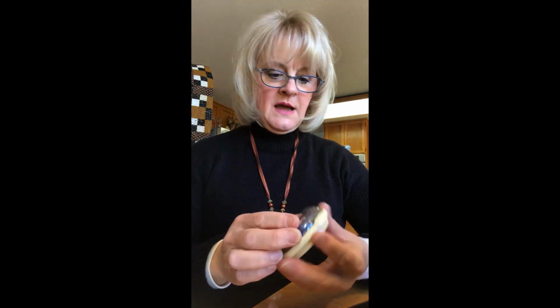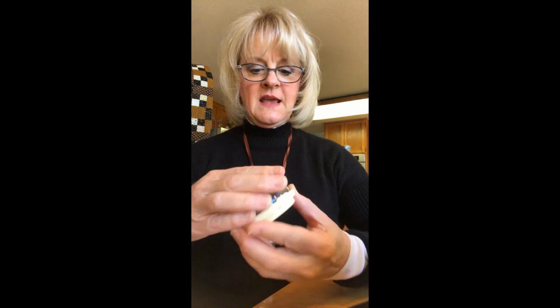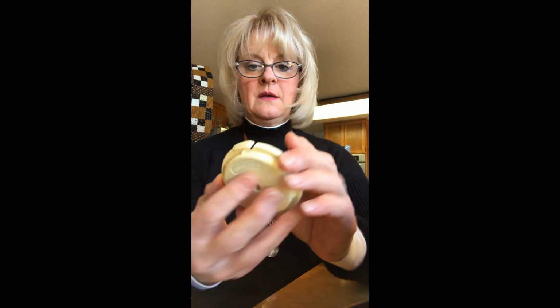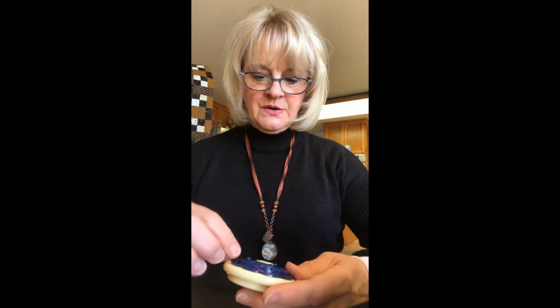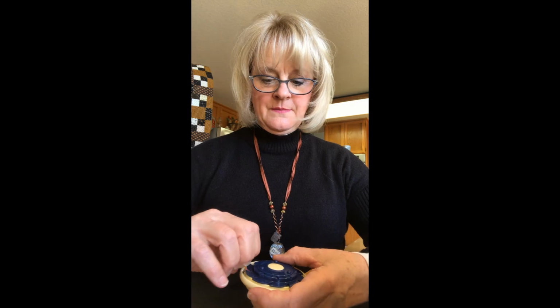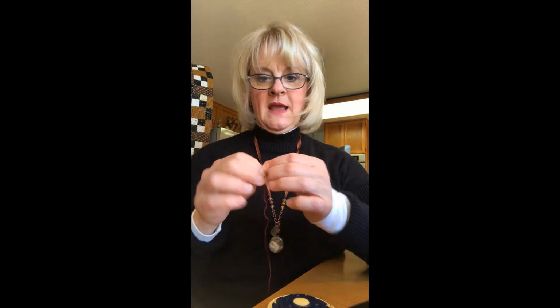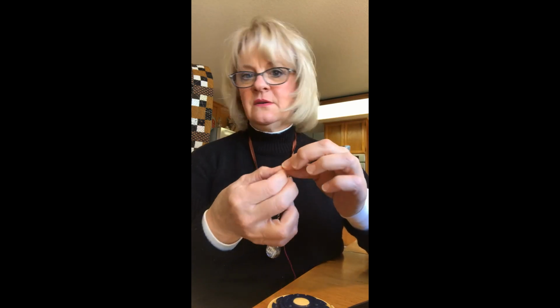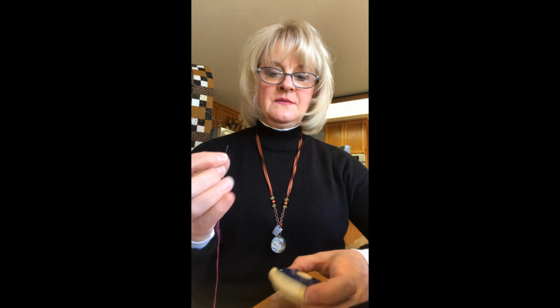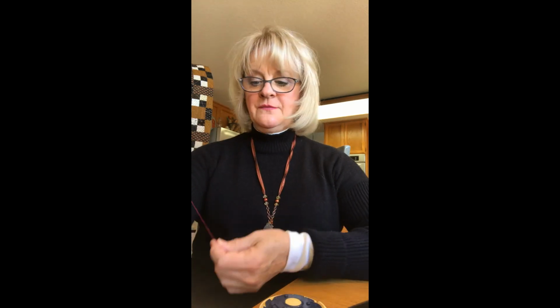And then last of all, I love this. This is a thread holder, a quilt dome. It's by Clover. And the way this works, sometimes your thread is not worth saving. And if you've run that thread through and it's starting to look burnished a little bit, the thread's gone in and out of the eye of the needle, don't save it. Throw it away. Start with a fresh piece of thread. You owe it to yourself to have a nice, strong piece of thread. But if you've just started a few stitches, or if you have this tiny little circle and you cut your thread a little longer than you needed and you want to save it,